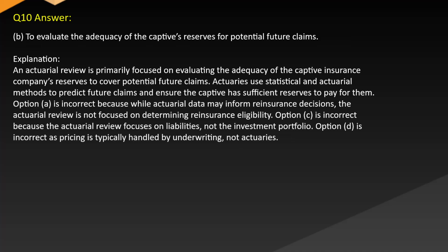Answer B. To evaluate the adequacy of the captive's reserves for potential future claims. Explanation. An actuarial review is primarily focused on evaluating the adequacy of the captive insurance company's reserves to cover potential future claims. Actuaries use statistical and actuarial methods to predict future claims and ensure the captive has sufficient reserves to